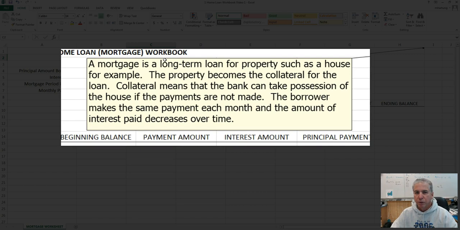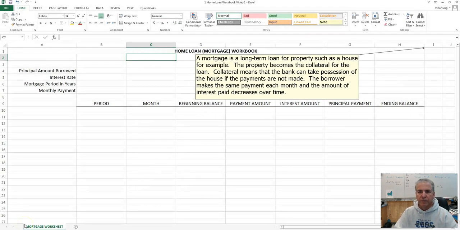What's special about a mortgage is that the property you're actually borrowing for becomes what is known as the collateral for the loan, meaning that if you do not make your payments, the bank or whoever is loaning the money can take possession of that property because you haven't made the payments. So one way or another, they're going to get the value of that loan back. The special name for that is foreclosure. It's not something you ever want to experience. Once you have that completed,